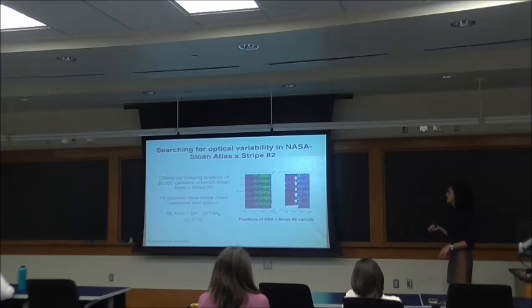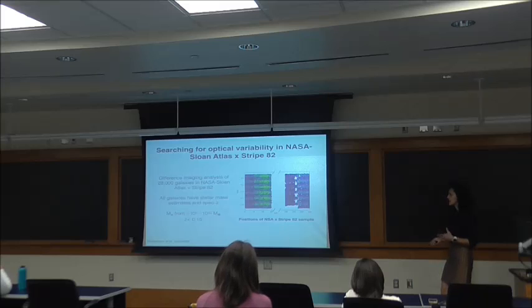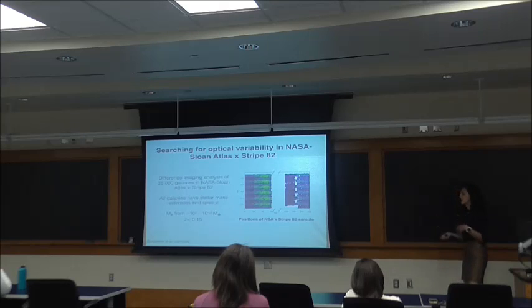So what I wanted to do was look for optical variability in a large sample of nearby galaxies. So what I did was a difference imaging analysis of 28,000 galaxies in the NASA Sloan Atlas, which is a catalog of nearby galaxies within redshift of 0.15 that all have Sloan Digital Sky Survey spectroscopy and stellar mass estimates. And so we looked at galaxies that were in the NASA Sloan Atlas and in Stripe 82,